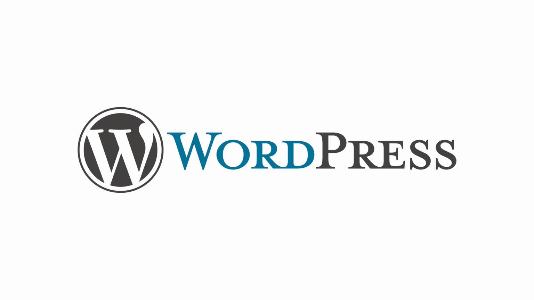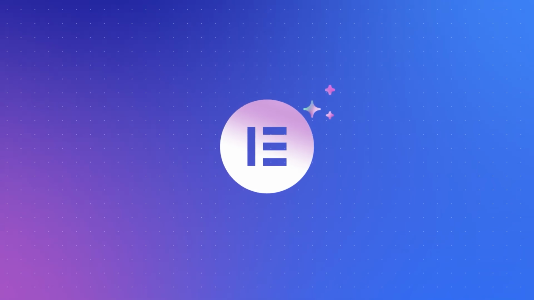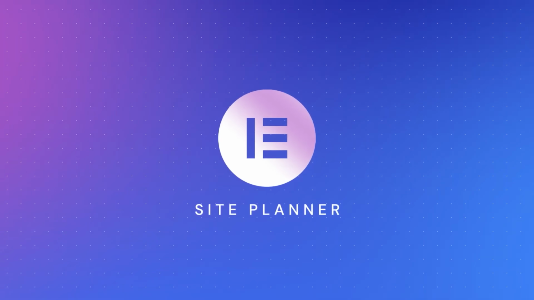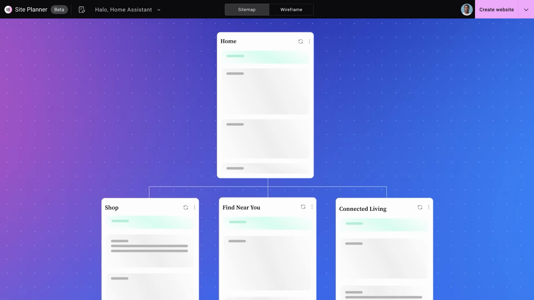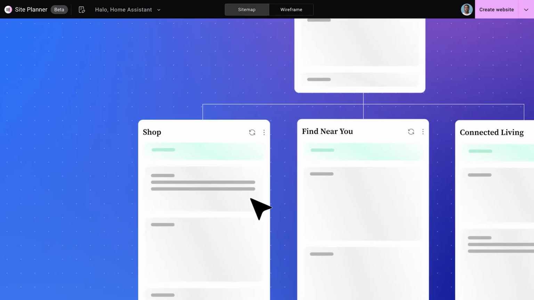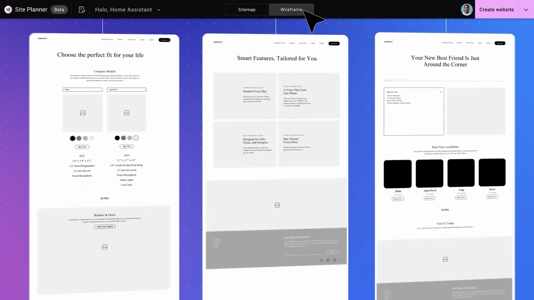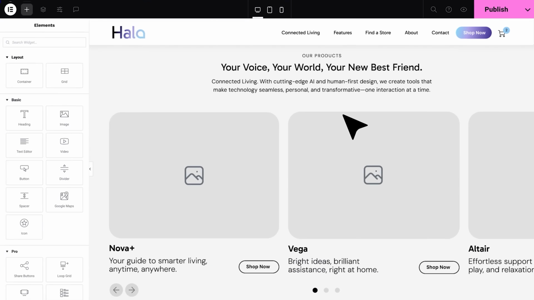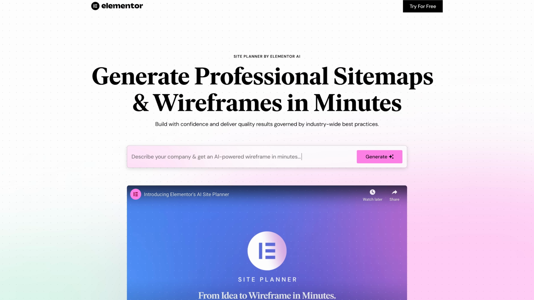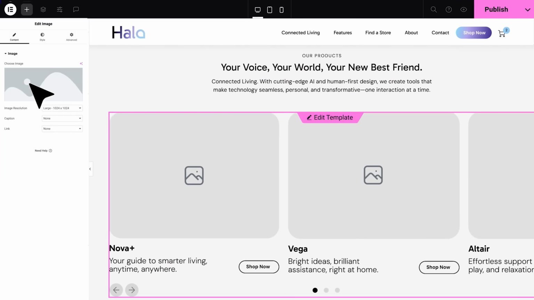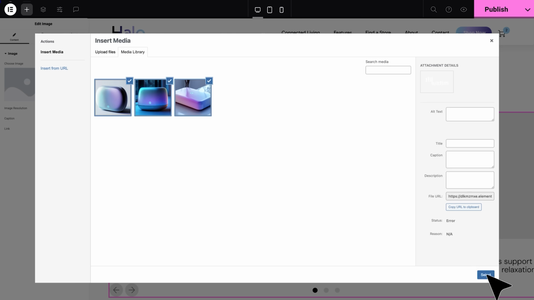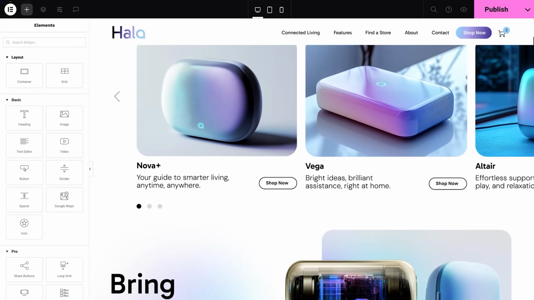AI? Today, we're exploring one of the most exciting updates in WordPress, the brand new site planner built into Elementor, combined with the Hello Biz theme. This feature transforms how we approach web design, automating everything from content creation to full-page layouts, directly inside the world's most popular page builder. If you've ever used Elementor before, this update will change the game. And if you are new to WordPress, you'll see how AI can now do the heavy lifting in building professional